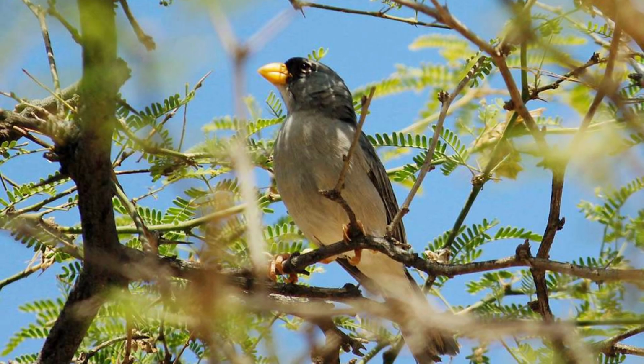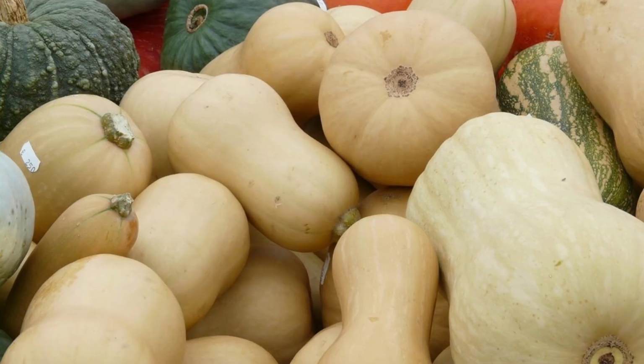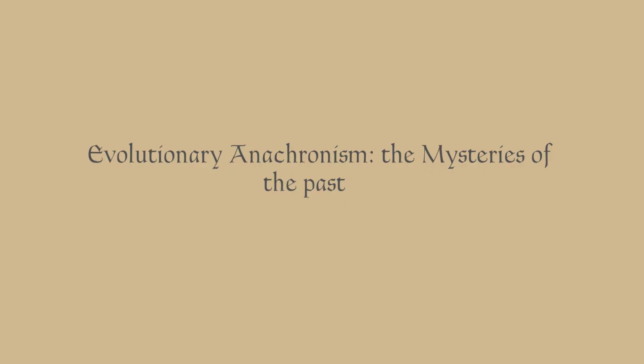Evolution is a funny thing. Species sometimes evolve traits that serve a purpose that helps them survive. Sometimes species evolve traits simply because the traits did not kill them and happen to be passed on. Evolutionary anachronism shows that sometimes species evolve traits that appear useless or even harmful, but were advantageous in environments of the past. Evolutionary anachronism is proof that we live in a diverse, weird, and rapidly changing world.